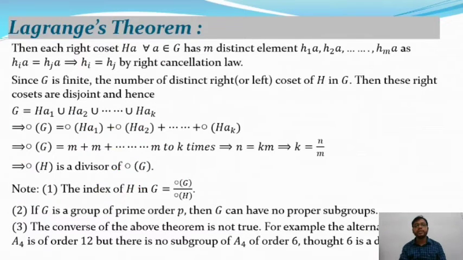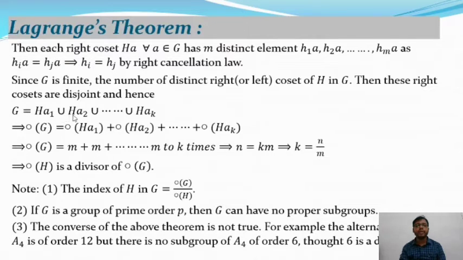So then each right coset Ha for all a belonging to G has m distinct elements, and they are h1a, h2a and up to hma. As you know, hia is equal to hja, and this implies hi is equal to hj by the right cancellation law. And since G is finite, the number of distinct right cosets as well as left cosets of H in G are finite, these right cosets are distinct, and hence G is equal to